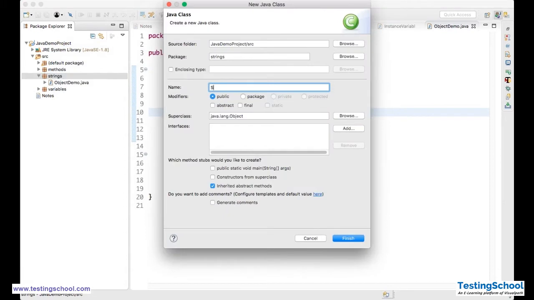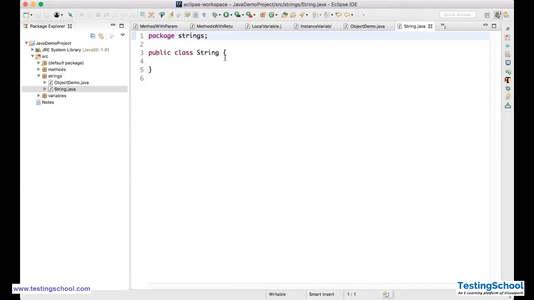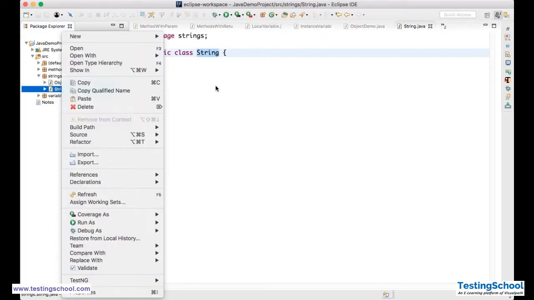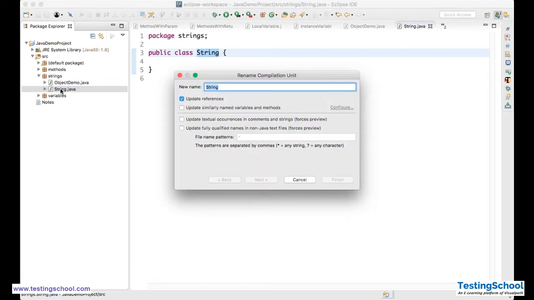You see that if I give String as the class name and say finish, definitely I'll get some errors. This is a predefined name, so I need to rename this. How can you rename this? Click on that, then hit F2.